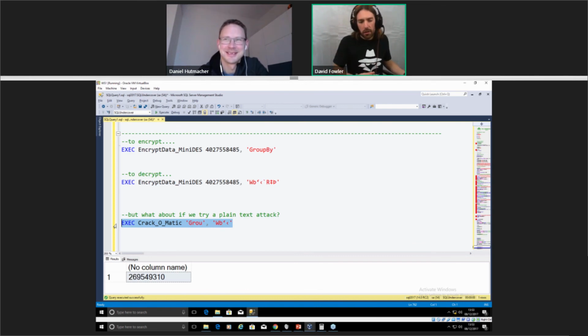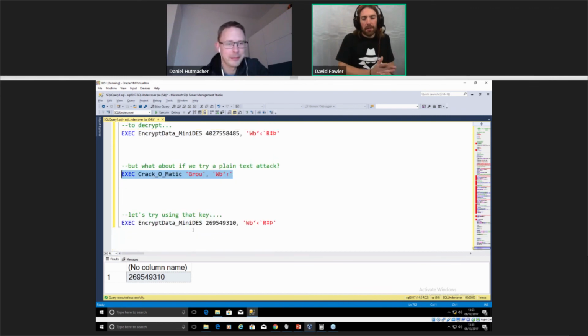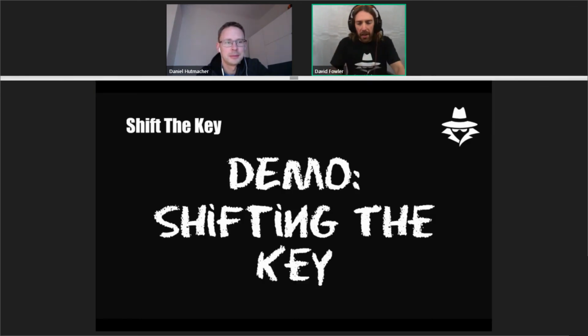That does not match our original key value. And if we try to decrypt that ciphertext using the key we've just got back from our Crack-O-Matic, we get back a load of old gobbledygook. So by shifting the key, we can build something that is resistant to the plain text attack.